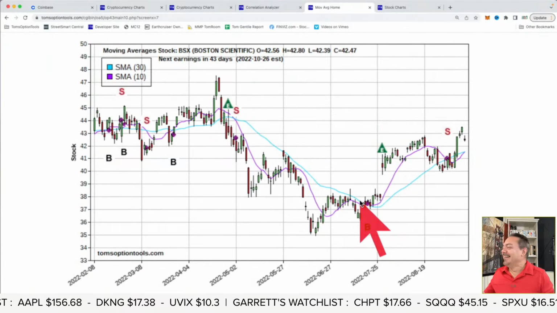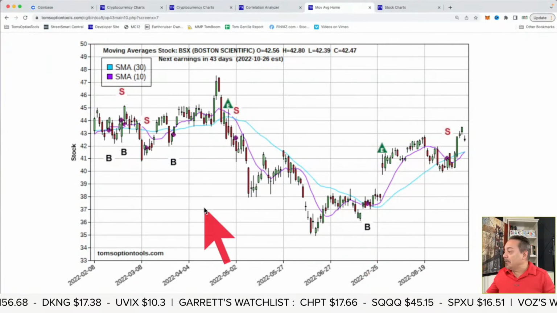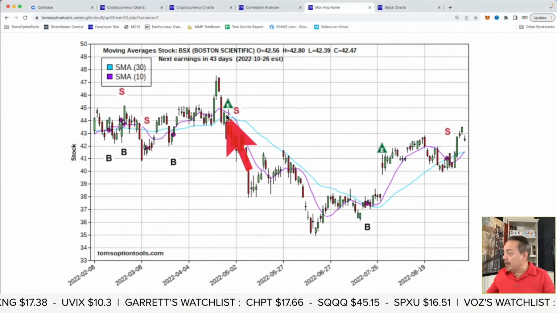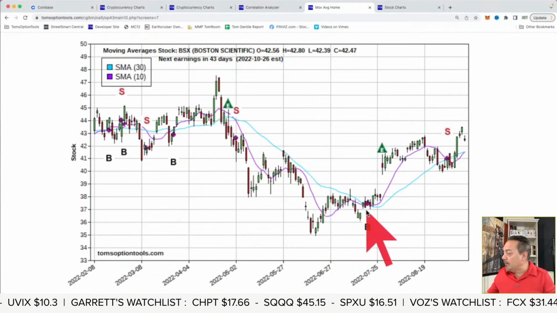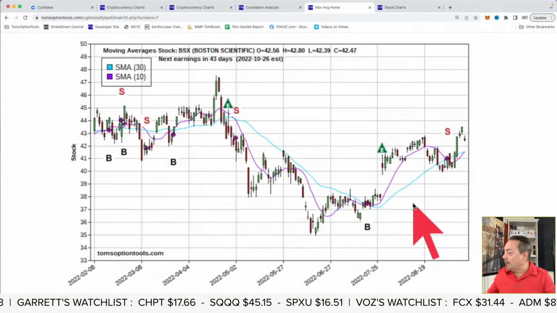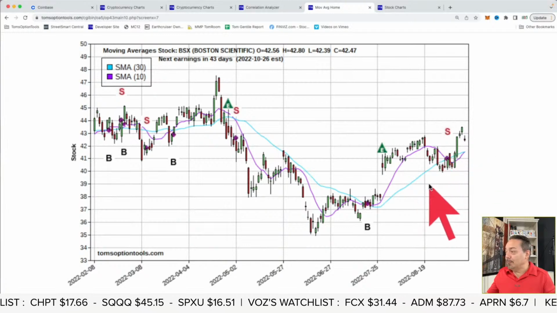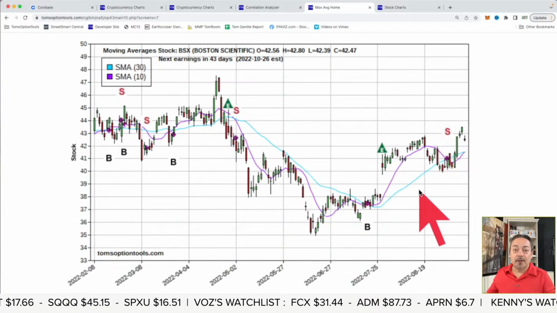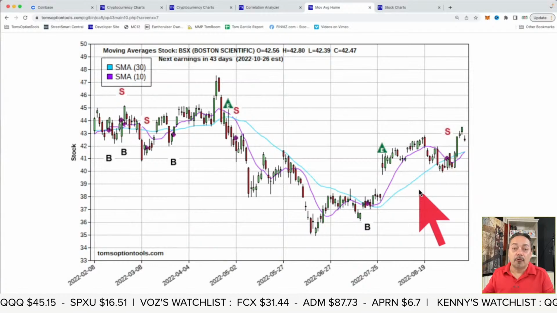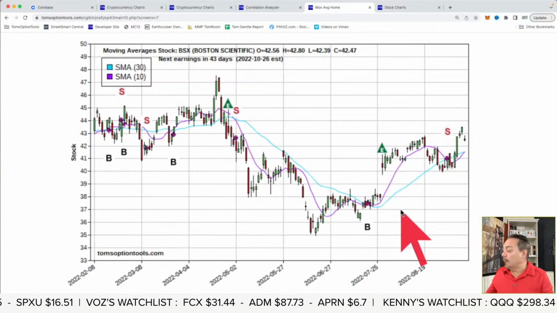All right. But Boston Scientific, again, you're seeing that big move down. Look at that move down and that subsequent move higher. Getting a little bit of chop here recently, but this might be one that might pass first base too, and might go to our second tier of quantum strips.